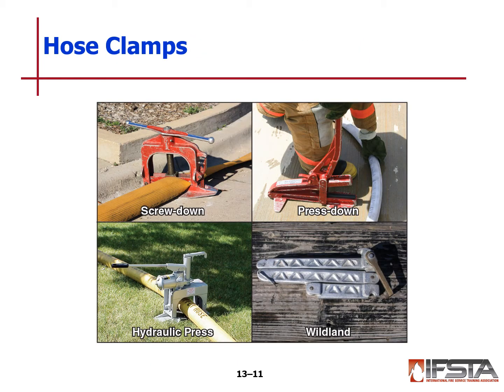Hose clamps, a few different styles of hose clamps that we see on the slide here. The screw down type right here is designed for LDH or large diameter hose. It is a safer option than the press down type, especially when we're dealing with larger hose. Next to it, you see the press down type, which is common for smaller hose or 1 3/4, 1.5 lines. You can crimp down a 2.5 or a 3-inch line with this, but you really got to be careful. And with this type of hose clamp, you have to make sure that you stand to the side like the firefighter in the slide is standing to the side, and keep your foot